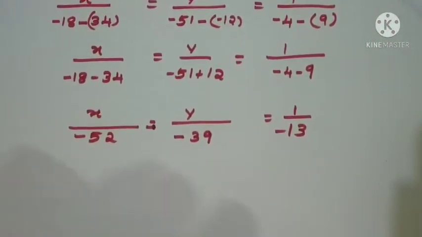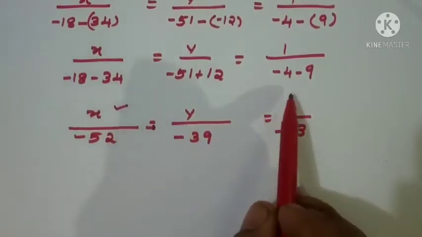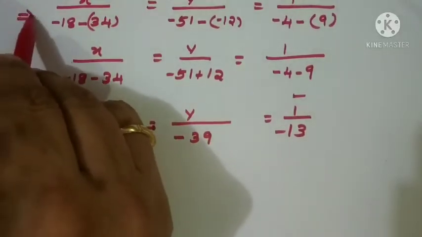Just a simplification. Only the first step you may find difficult. Why does the step come like that? Because we are not going into theory. You should learn this solving method only, so I am explaining that. Now what is the next step? The first and the third ratio I should consider. Implies, here also I can write implies.